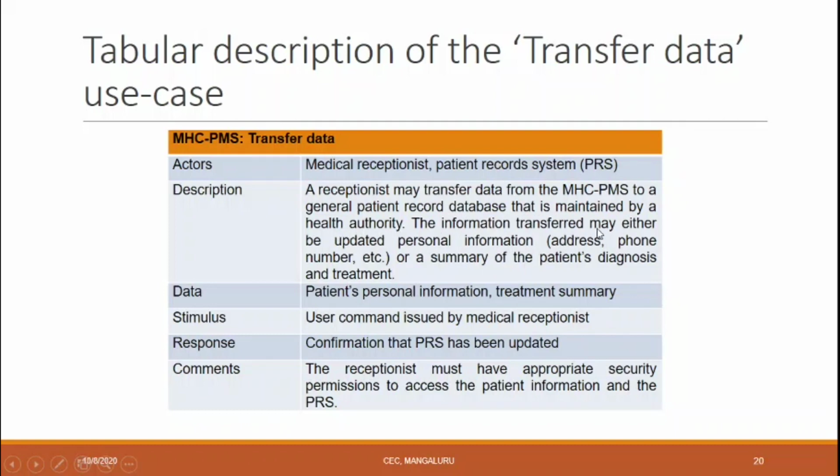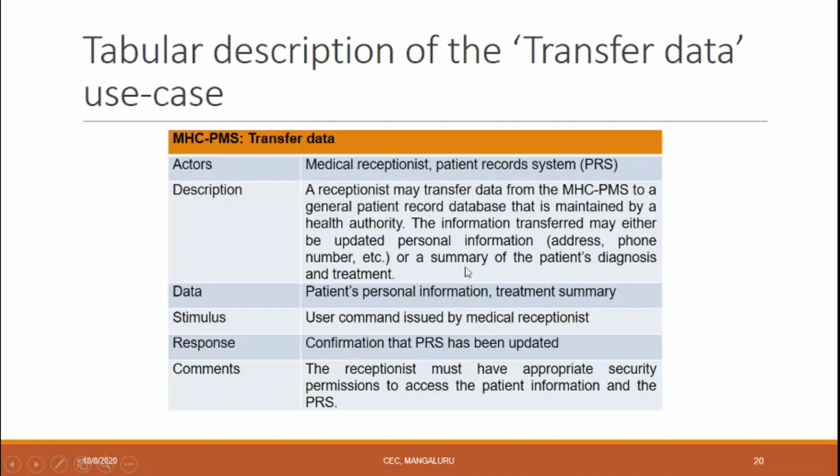This information transfer may either be updated personal information, that is address, phone number, date of birth, gender, etc., or a summary of the patient diagnosis and treatment. If it is a new patient, then this information is added.